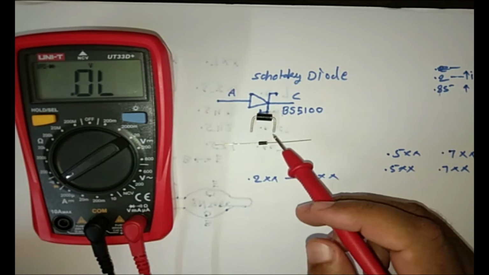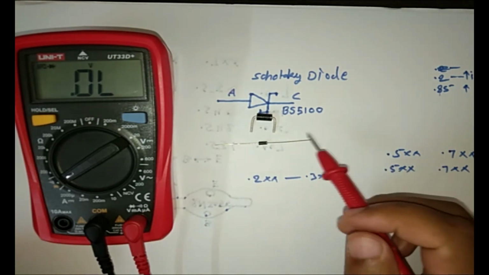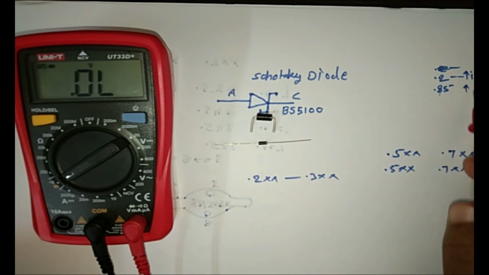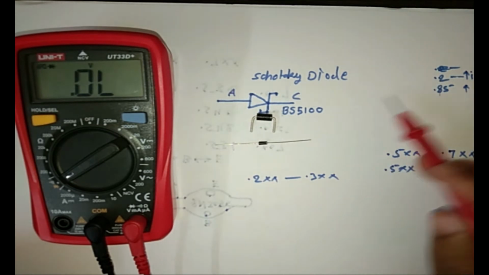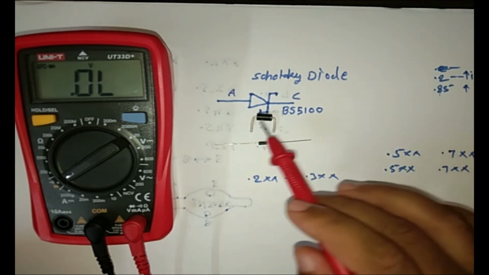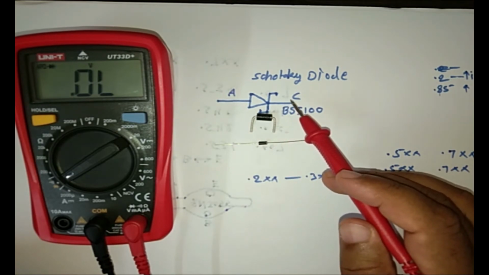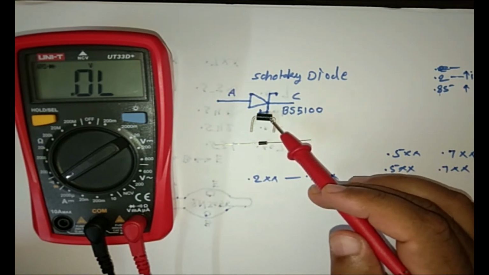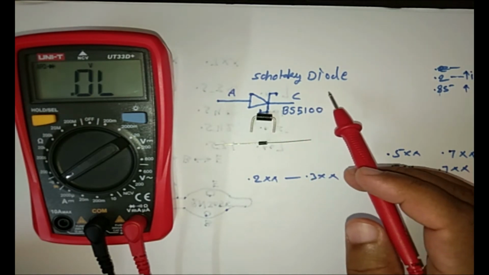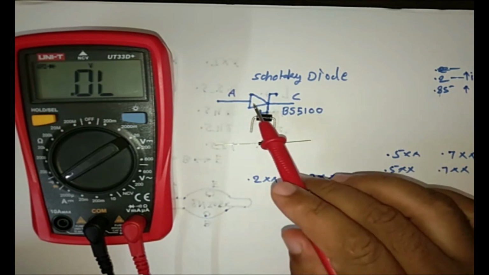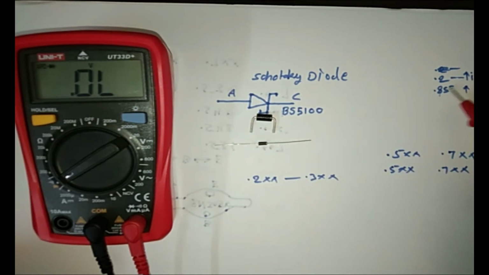And you might have read in the books, when the current through the diode or the temperature of the diode increases, the dropping voltage of the diode always increases. So the Schottky diode voltage may vary from 0.2 to 0.85. It is given in its data sheet. You will get 0.2 voltage drop only at 10 milliampere or 100 milliampere as per its data sheet at room temperature.